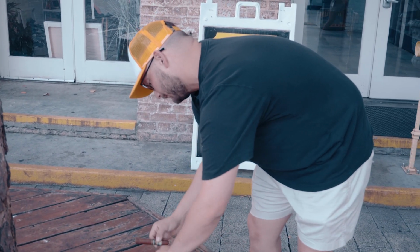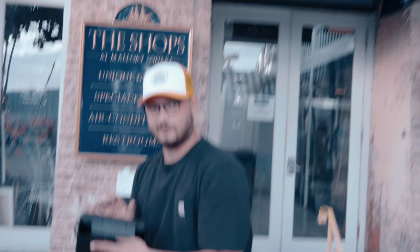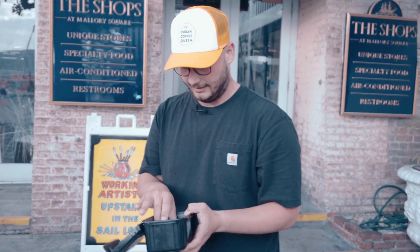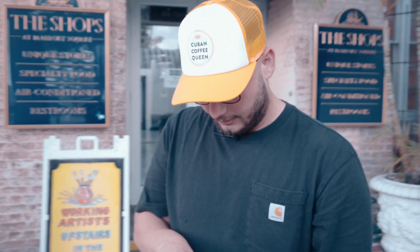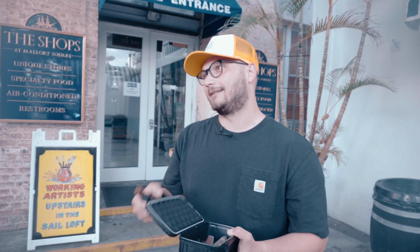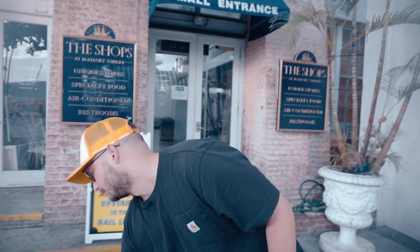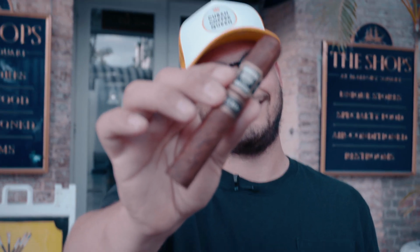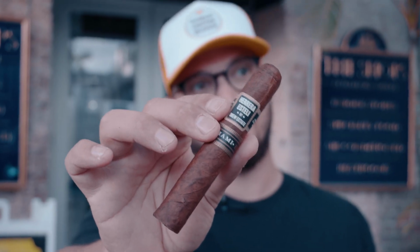I'm thinking, we got the Sereno cigar caddy. Thank you, Sereno. We got a lot of different options in here today. I think I'm gonna go with, let's keep it classic. We're in Key West. Cuban culture. Also reminds me of Miami a little bit. Also Cuban culture, a lot of roosters here. We gotta find one to film. We're gonna go with the Herrera Esteli by Drew Estate, the one made in Miami at El Titan de Bronze